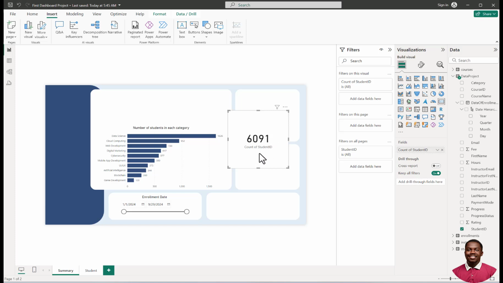6,091. Now, this is not the unique count. I mean, it's not the distinct count of each of the students, because a student must have enrolled for about 2 courses or even 3 courses. So we only want to display the distinct count. So we click on distinct count. So this is showing us that we have about 2,000 distinct number of students. So per head of the students that are enrolled for the courses on the website, there are about 2,000 of them. So we proceed to customize this by going to this